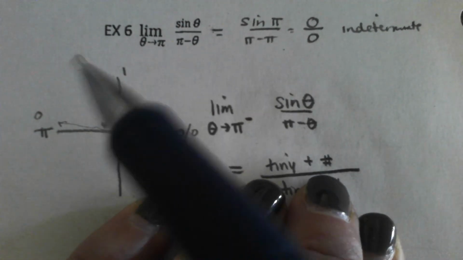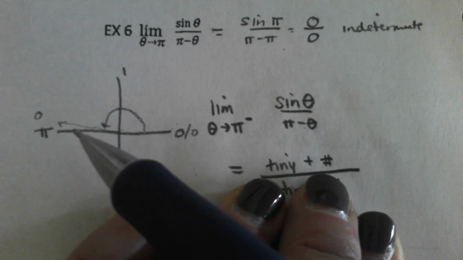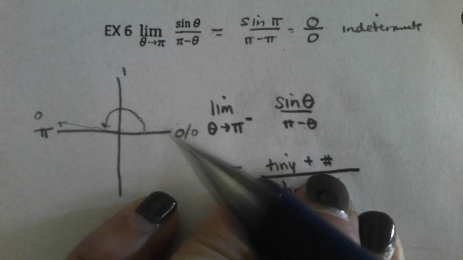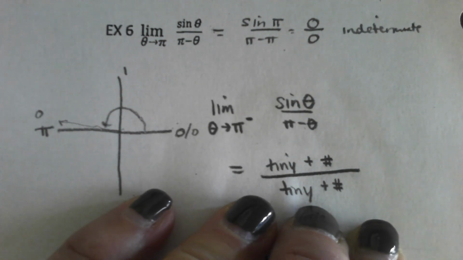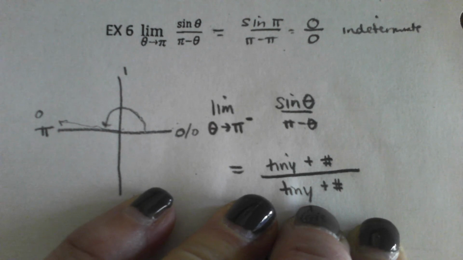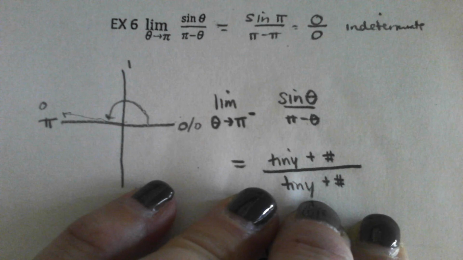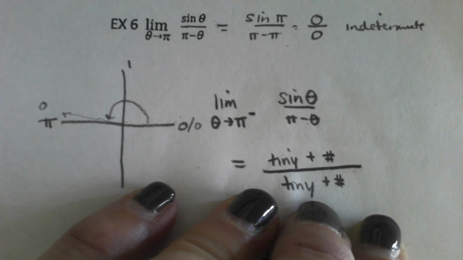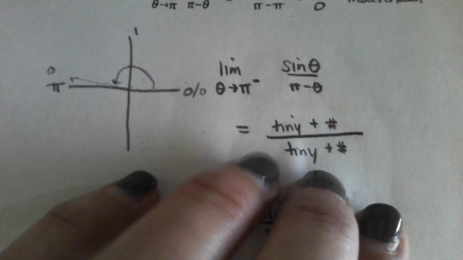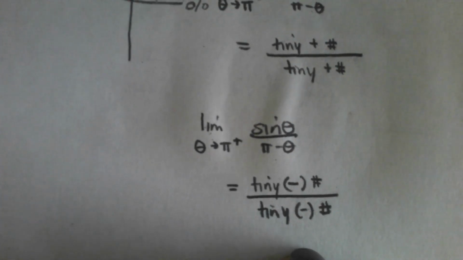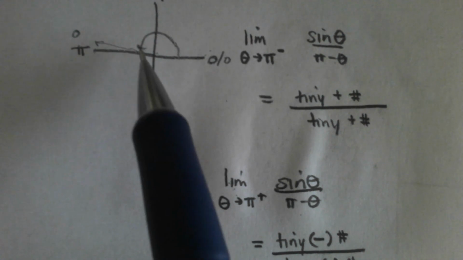The denominator, if pi is 3.14 and you plug in 3.13, you're getting another tiny positive number. The problem is I don't know how tiny one is getting relative to how quickly the other one's getting tiny. And so it leads us to that weird spot. But if you were guessing, what's a tiny positive number divided by a tiny positive number? 1, maybe? And then same thing happens from the left, or from the right rather. If you plug in something slightly bigger than pi,